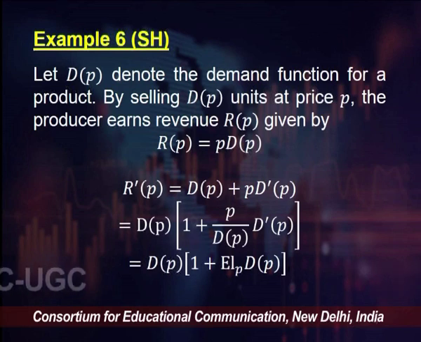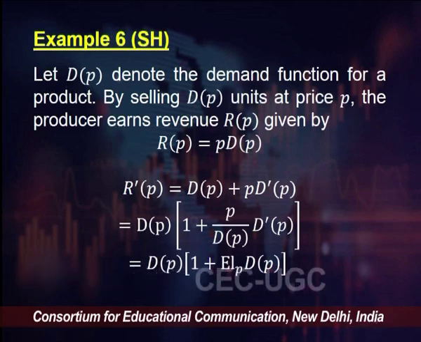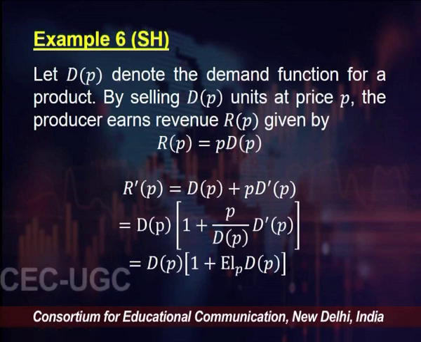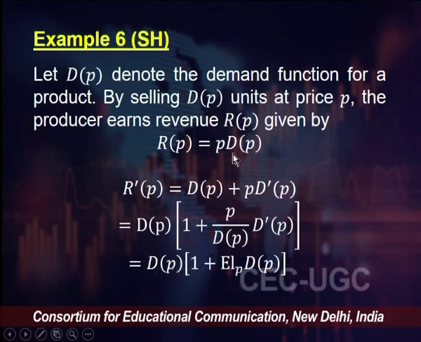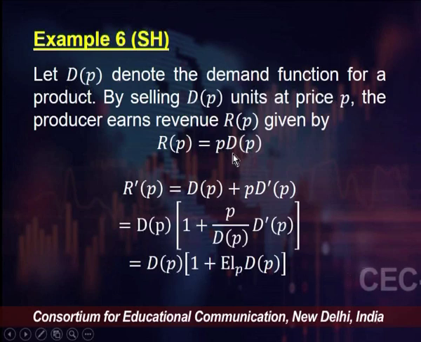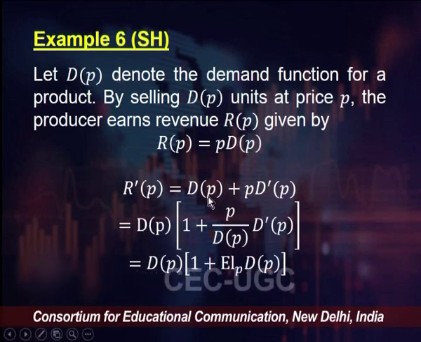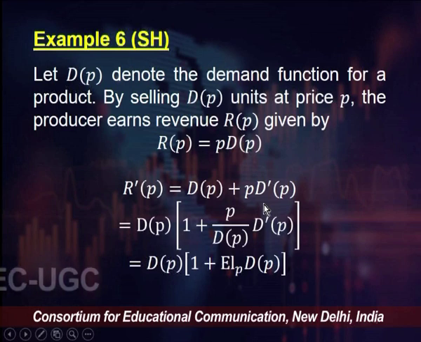So R'(p) is the marginal revenue with respect to price, and for that we can use the product rule, which gives us R'(p) as the derivative of p, which with respect to p is 1, times the second variable, which is D(p), plus